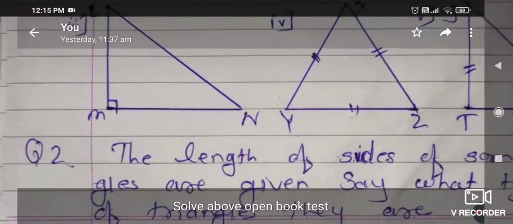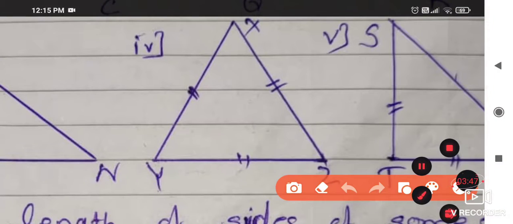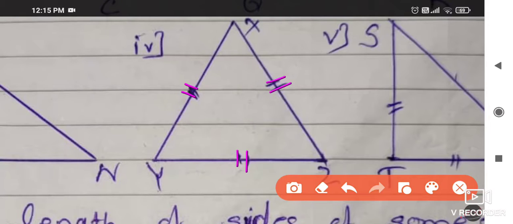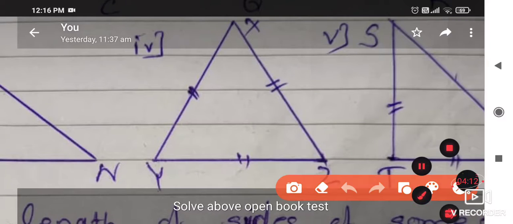Next triangle is the triangle XYZ. If you see here, on the sides some marks are given. Here 2 lines, here 2 lines, and here 2 lines. The meaning of these lines is that all these sides have equal measure. If XY is equal to 5, then YZ is equal to 5, and XZ is equal to 5. If XY is equal to 8, this one also 8, and that side is also 8. So according to the definition of the equilateral triangle, if sides of a triangle are all congruent, then the given triangle is called an equilateral triangle.